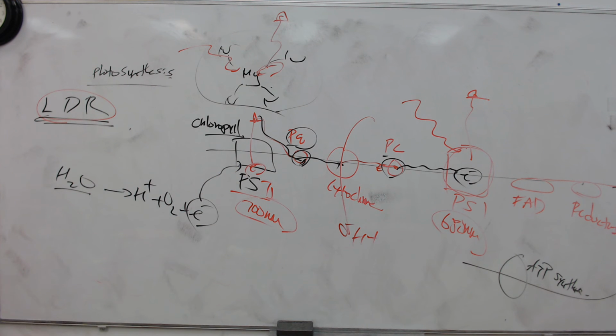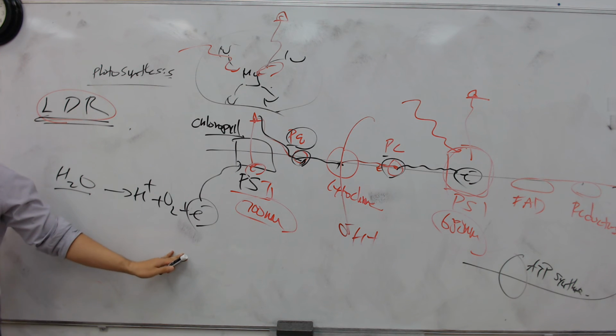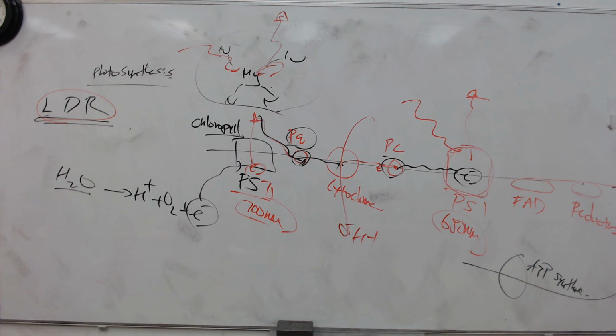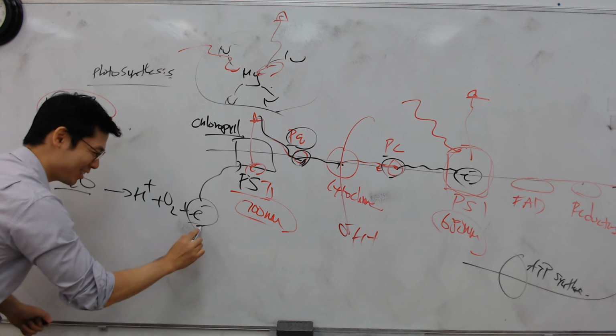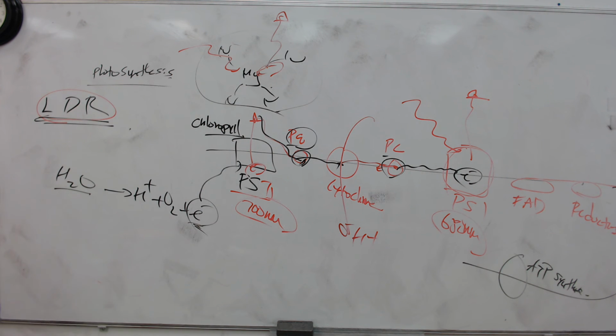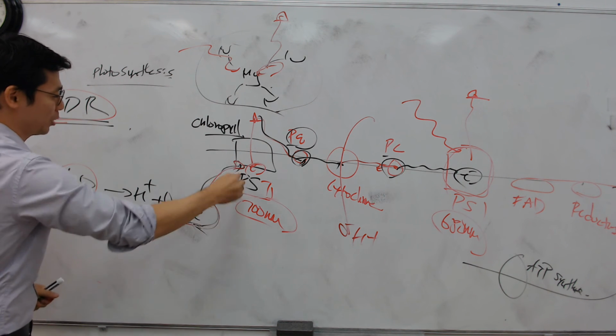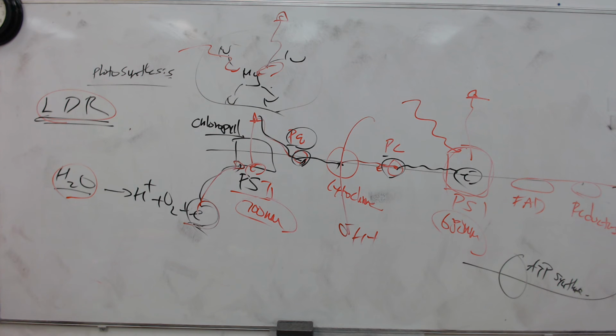So, like your dad saying, I need to put some water. Why? Because water will give them electrons. You can tell your parents: this guy told me water gives electrons. That's why you need water for your plants. So that's where the electron comes from. And then the O2 goes out. So O2 is what they call a byproduct of photosynthesis, right?